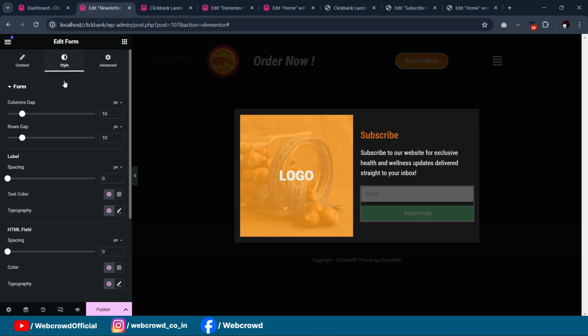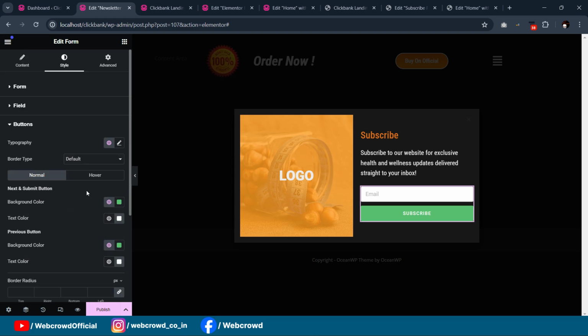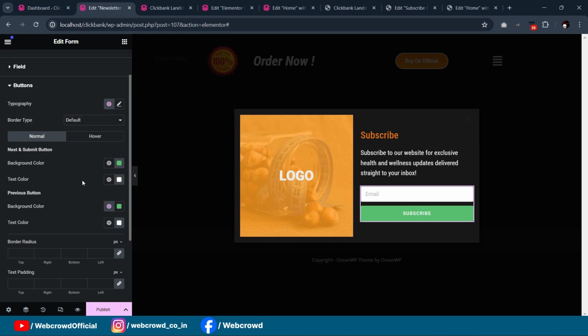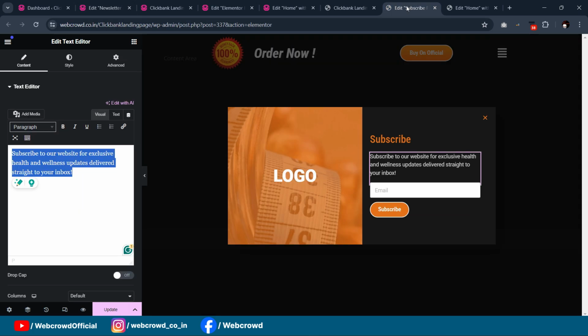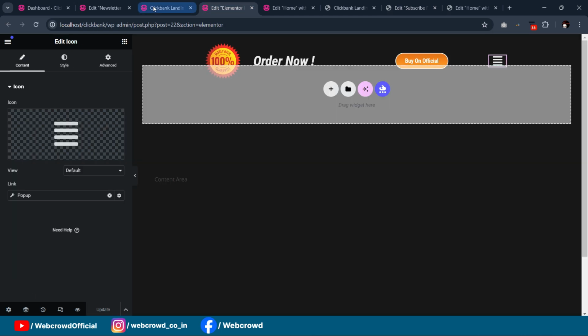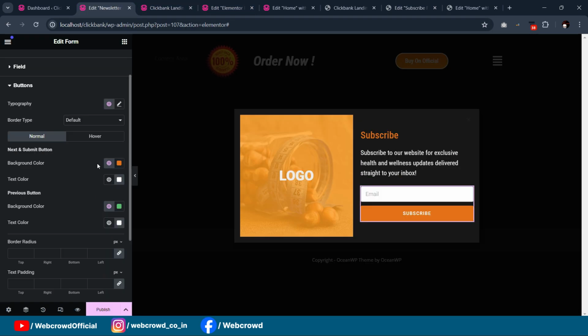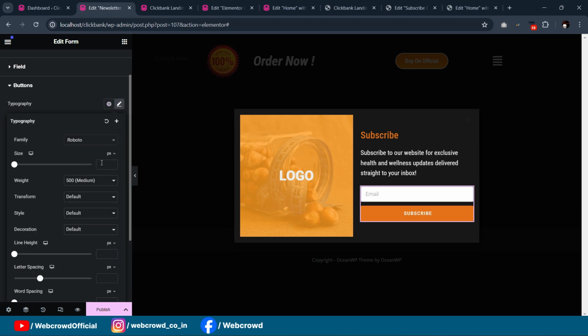Now go to style and go to buttons, from there set the background color to, also go to typography, from there